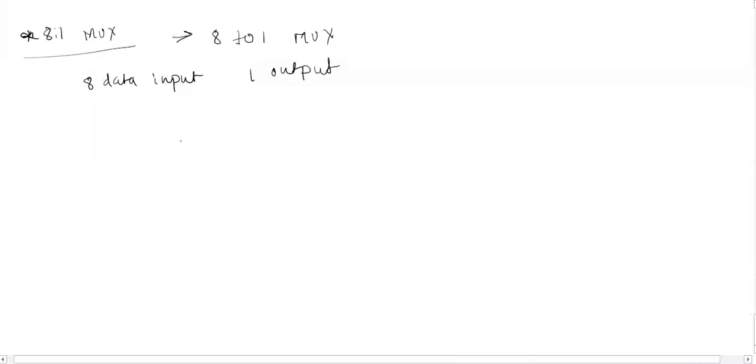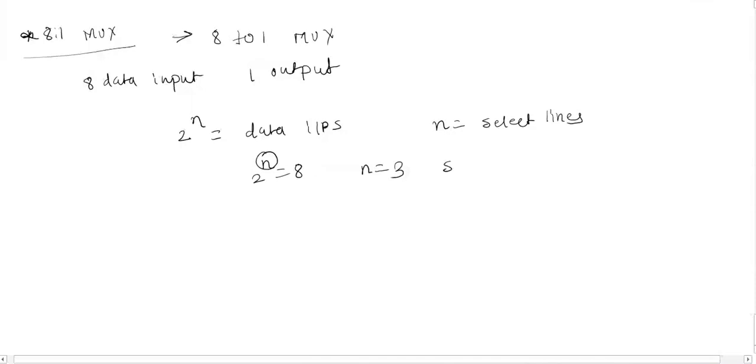Now as we know that 2^n is equal to the data inputs and n is the select lines. Now when 2^n is equal to 8, then n is equal to 3. So the select lines are 3. Now we can represent the select lines S0, S1 and S2.